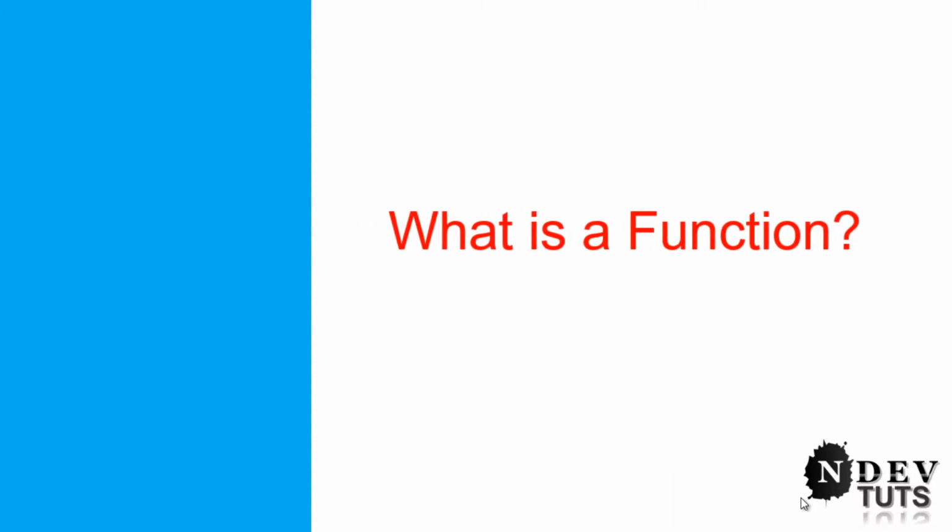Let's talk about what is a function. A function is a block of statements that can be used repeatedly in a program. A function will not execute immediately when the page is loaded. A function will be executed by a call to the function. It is a reusable piece or a block of code that can perform a specific task. A function can either return a value when called or can simply perform an operation without returning any value.